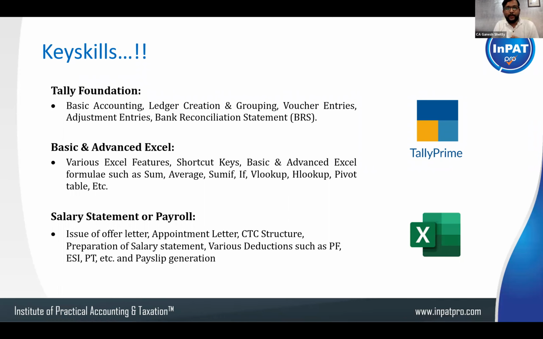Tally Foundation. You would have completed Tally Foundation or Level 1. You have to just let them say basic accounting, and you should be knowing it. Initially only, I have given you the one pic. I showed you one pic on the left side, not three pics on the right side, exactly reflecting what you are, right? It's a mirror. In the CV, you should tell, I know basic accounting.